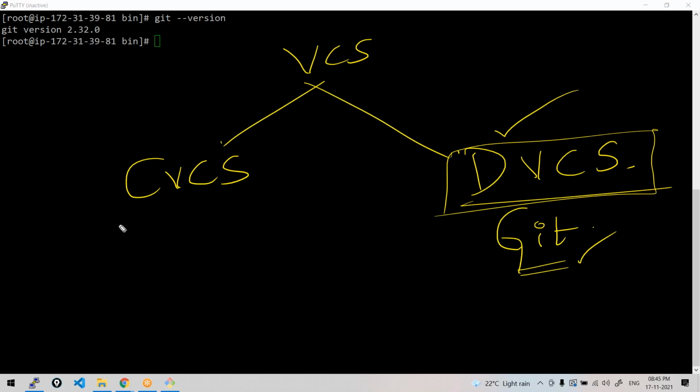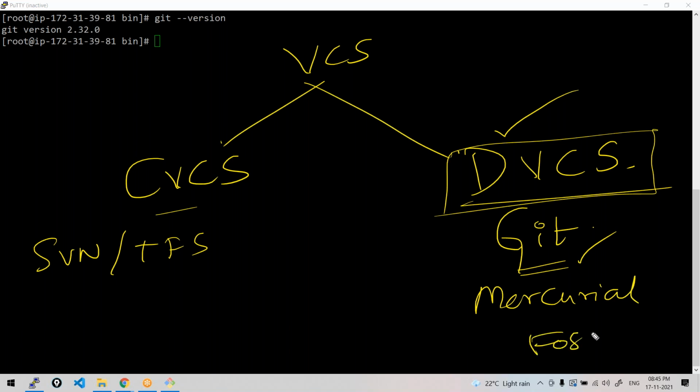And what are the other tools under centralized? SVN, TFS, Perforce come under centralized. Git, Mercurial, Fossil are some of the tools which implement this distributed architecture.